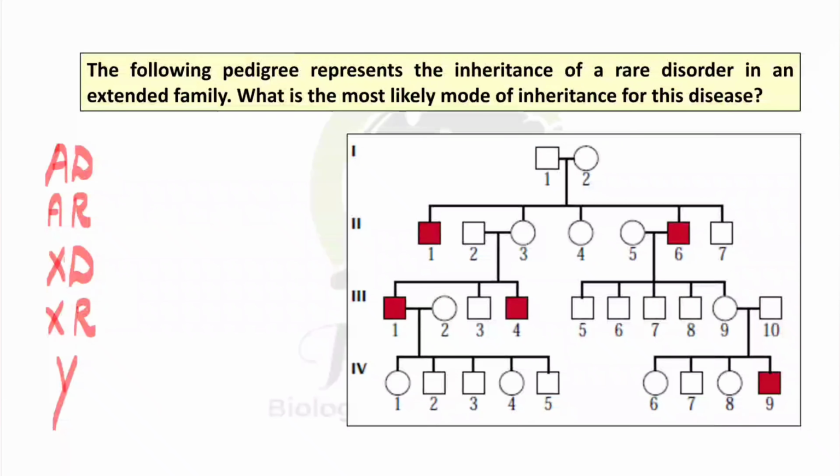तो यहाँ पे हमें देखने को मिल रहा है इस pedigree chart पे कि only the male children are affected and not the females. यानी कोई भी generation के females affected नहीं हैं. It means equal balance नहीं है, यानी male और females दोनों के पास equal chances नहीं हैं वो trait carry करने के लिए. Then definitely ये autosomal dominant and recessive नहीं हो सकता, because we have read that in autosomal dominant as well as in autosomal recessive there are equal chances of that disease in both males and females. So ये दोनों options हमारे eliminate हो गए.